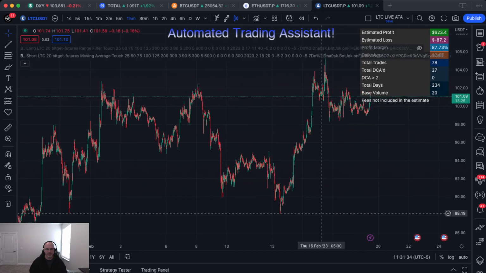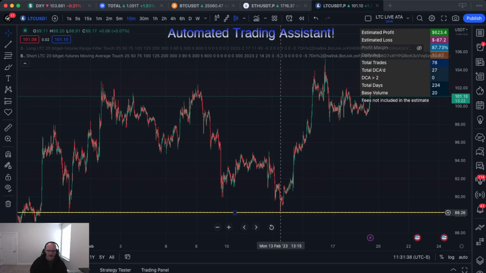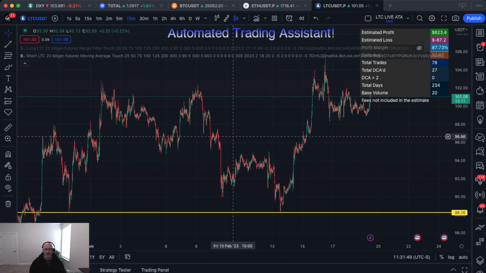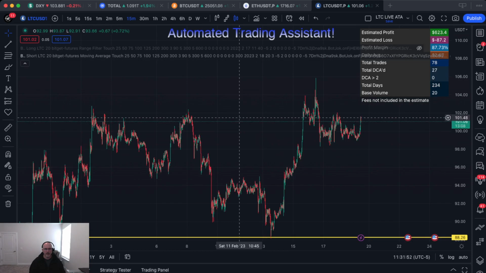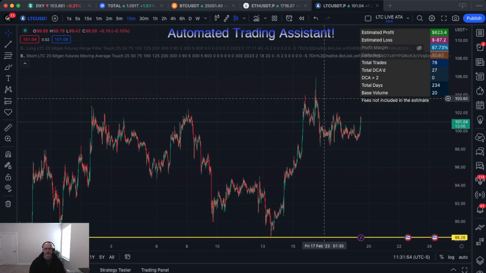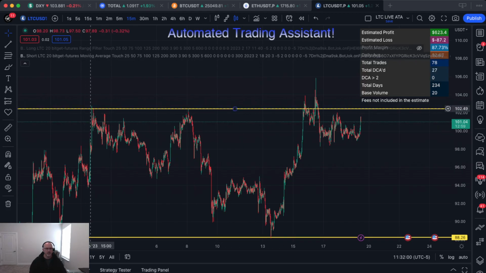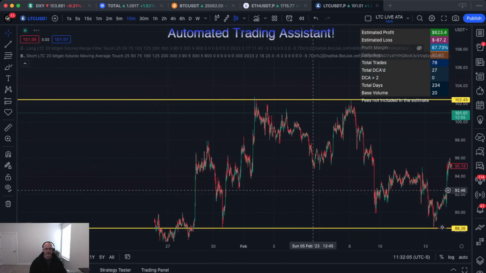So we know that we're finding some pretty good support here. So I'm going to go ahead and just throw a little line there. Use the hotkey. If you come over to these, you can see there's different hotkeys. Depending if you're Windows or Mac, it'll show you the hotkey to choose. And then where are we finding resistance? Even though we had this nice little beautiful wick here, I'm going to go ahead and set it around this area. So we're finding resistance here, we're finding support along here, and we've just been kind of ranging that